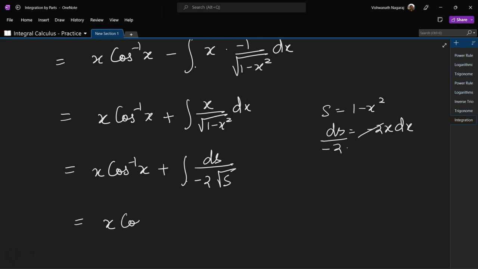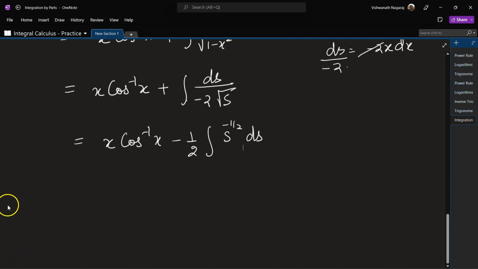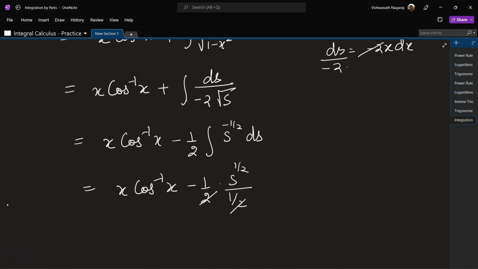So now we have x cos inverse of x minus 1 by 2 integral of s to the power of, no, minus half because we brought it up, ds, which would give us x cos inverse of x minus half, and this will give us s to the power of minus half plus 1, that is half, divided by 1 by 2. So 2 cancels, and we have x cos inverse of x minus square root of s,